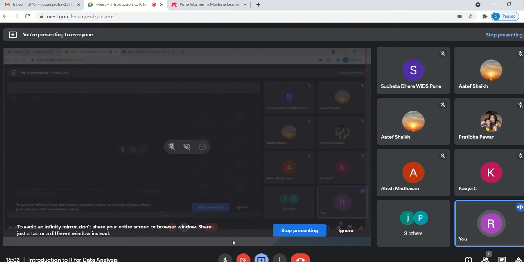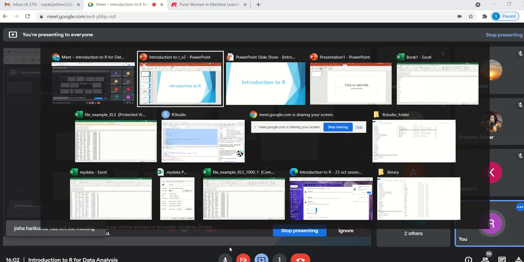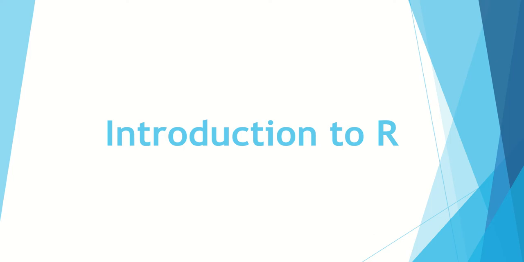So we have today here Rupali, who is going to present to us on R and its benefits. As you know, it's one of the upcoming languages in competition to Python. Rupali has worked on R for quite some time. She has worked on large manufacturing data sets for analysis, data visualization, reporting, and automation and dashboarding using R. She is very passionate about R. She has done her master's from Cummins College of Engineering, and currently she works with eClerks,